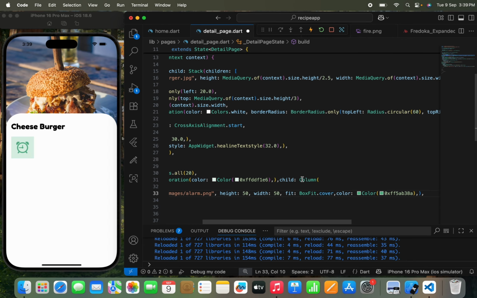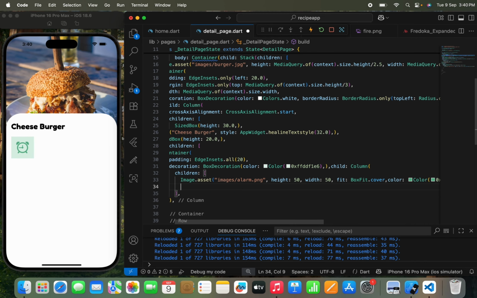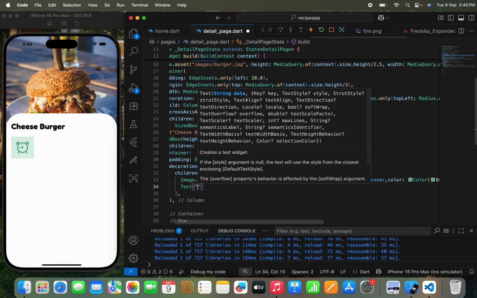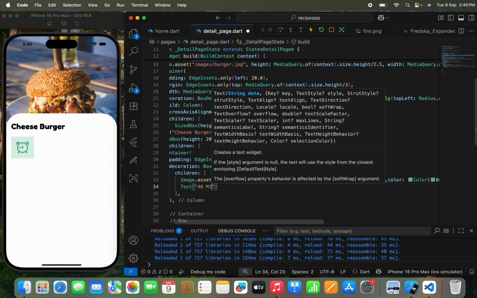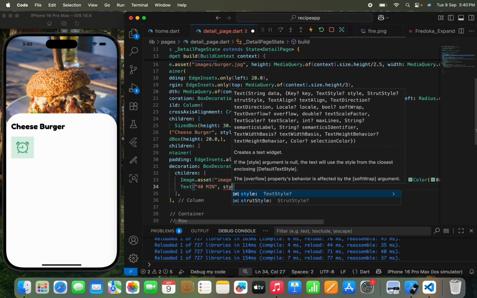I just need to wrap up with a column widget, and inside the column widget I just need to pass the text widget. In the text widget I need to pass the time, which will be like in 40 minutes. It will just take 40 minutes. So I just need to write 40 minutes. You can just pass the styling, a text